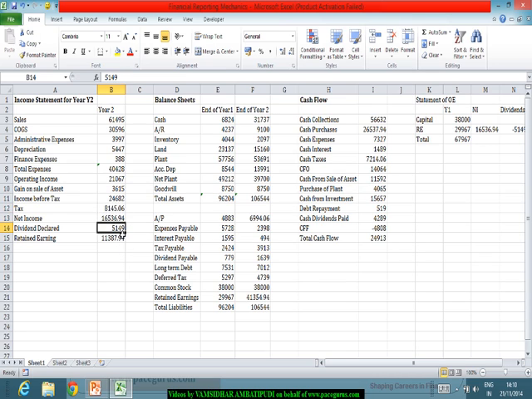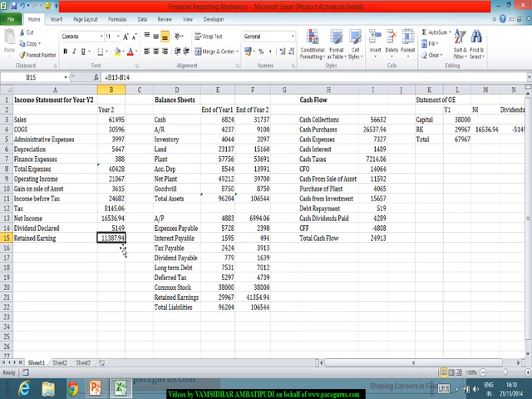Out of this net income, the company has declared a dividend of this much, and the difference between these two is the retained earning that is going to be added on to the balance sheet. Now, if I see a few important relationships here, yes, this is a retained earning